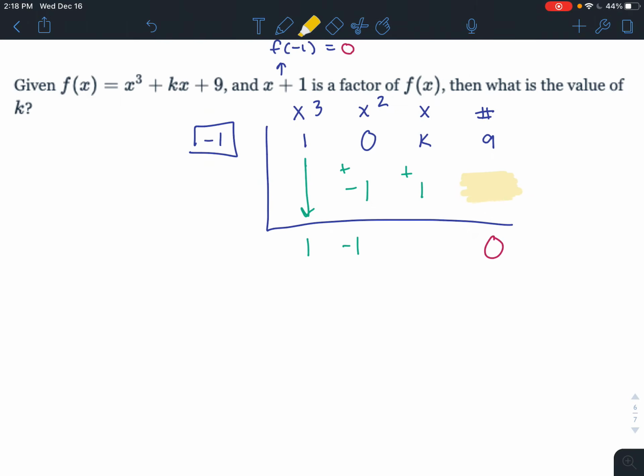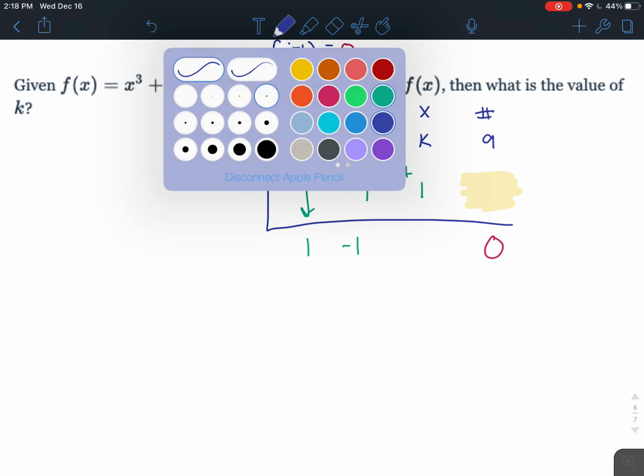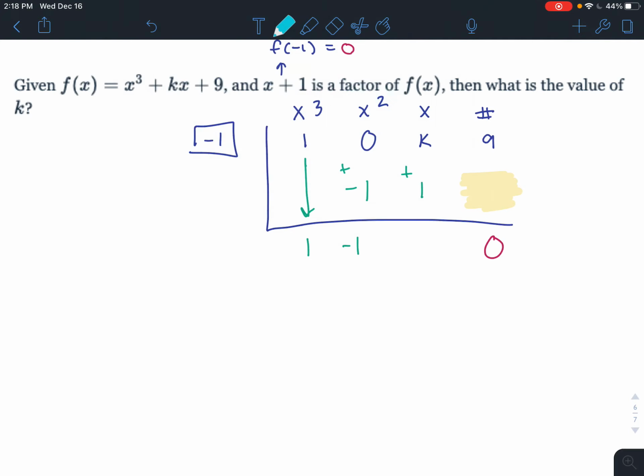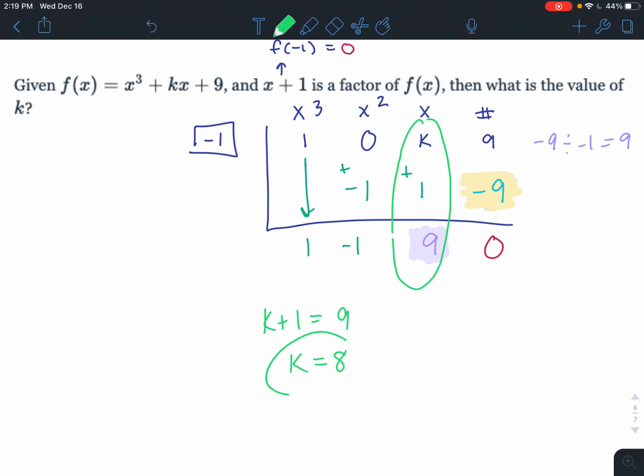So now we're going to work backwards. What number has to go here in order to add to 9 and get a 0 as my remainder? Well, that must be a -9 since 9 plus -9 is 0. Now I want to work backwards over here. Typically I would take whatever number's in that purple spot and multiply it by -1 to get -9. So if I work backwards by dividing, I get +9. And then I know if I add down this column, k plus 1 is supposed to equal 9, which means that k has